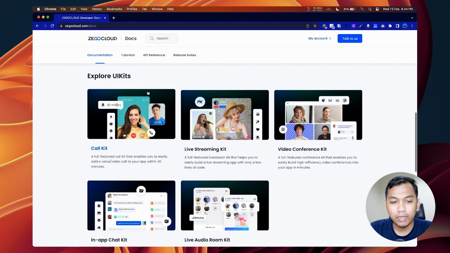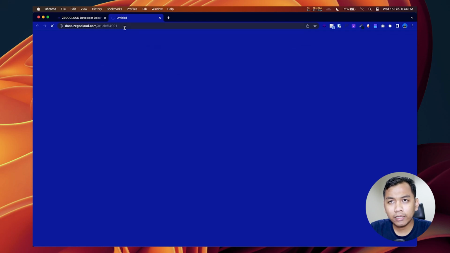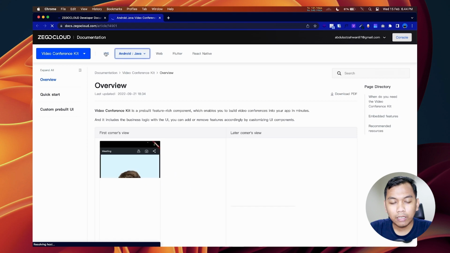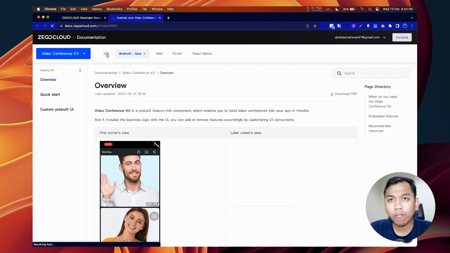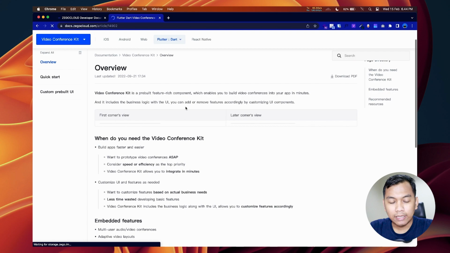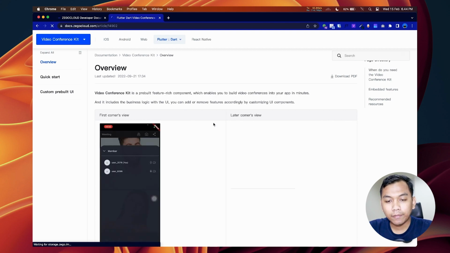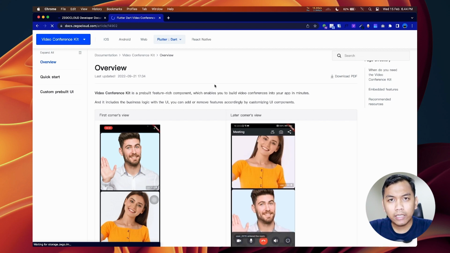As we can see here, Explore UI Kit. Just press Video Conference Kit. It's available for iOS, Android, web, Flutter, and React Native for now. So just press Flutter. As we can see here, Zego Cloud provides detailed documentation for us.